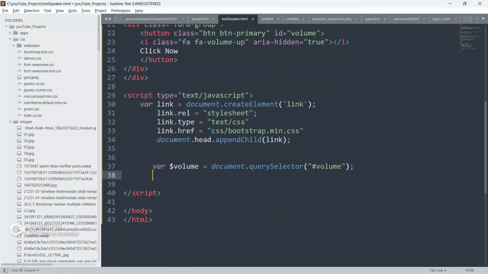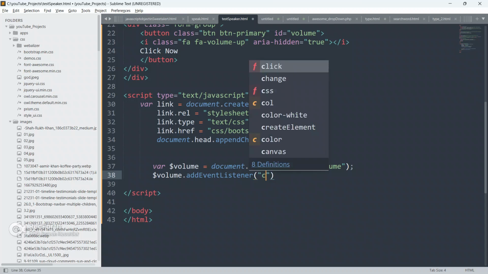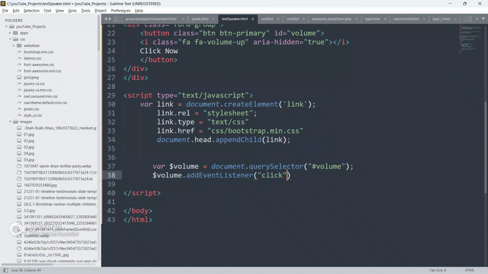Okay, I am going to put an event listener on this volume, dot addEventListener. Which event, guys? The click event.